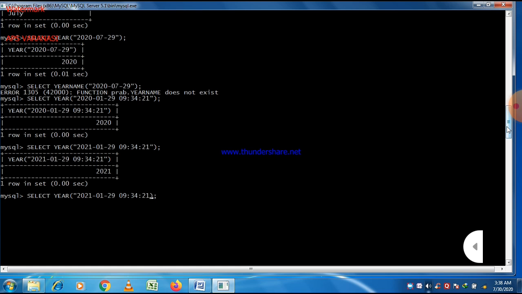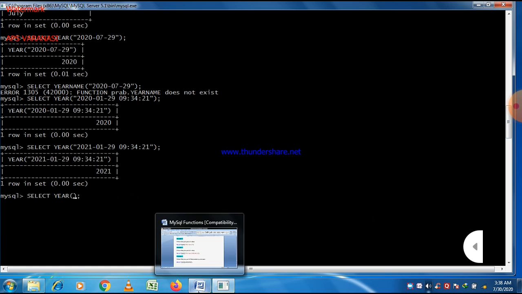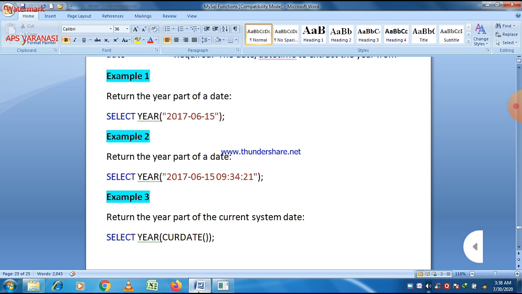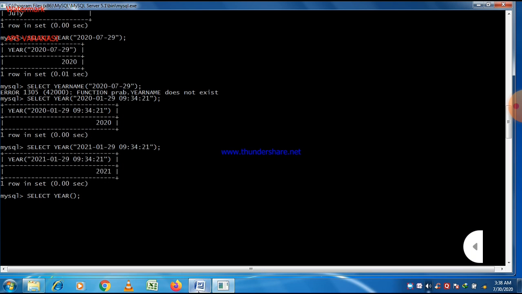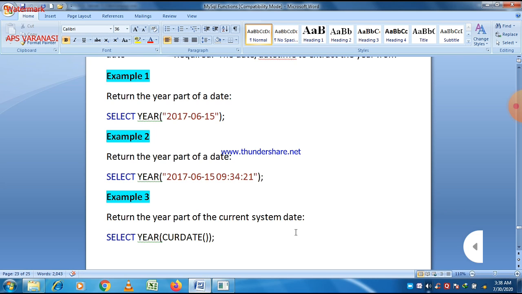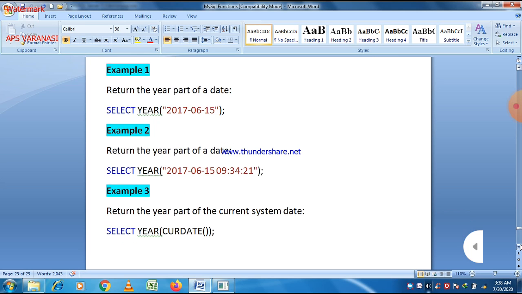Next is the current date function. 2020 is the answer.